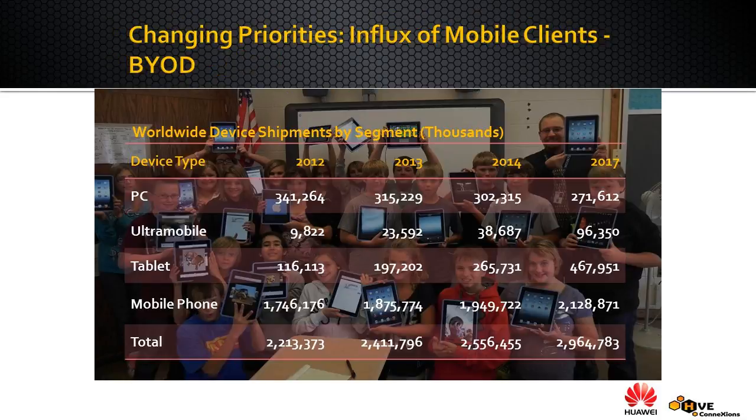And another big aspect, and a lot of these numbers here are from either Gartner or reports that we have, you basically see these are changing priorities. With the influx of mobile clients, not only are you seeing things in your network, VDI is just an application that is used from a device to get to a standardized tool for education, or for business or organization applications. And more and more, mobile clients or BYOD technology is transitioning where your PC footprint is getting smaller. However, there are more devices accessing your network. So that puts strains on, obviously, your wireless network infrastructure and things like that, which we work with and have a good understanding of how to make our solutions